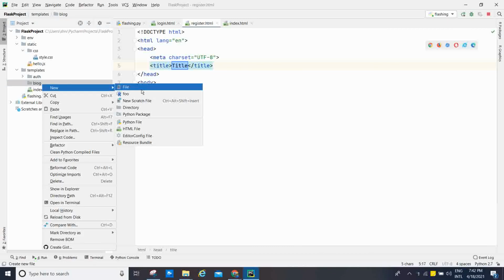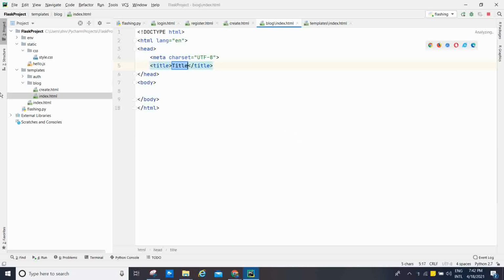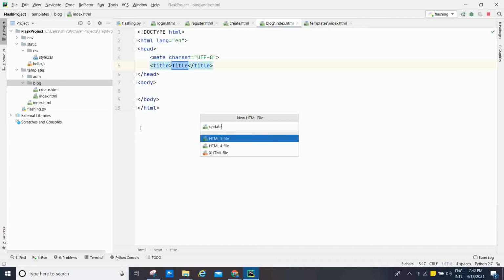If you want to create the blog, create .html files here, such as index.html. All the blog related files are created under the blog directory. Now I'm going to create update.html.